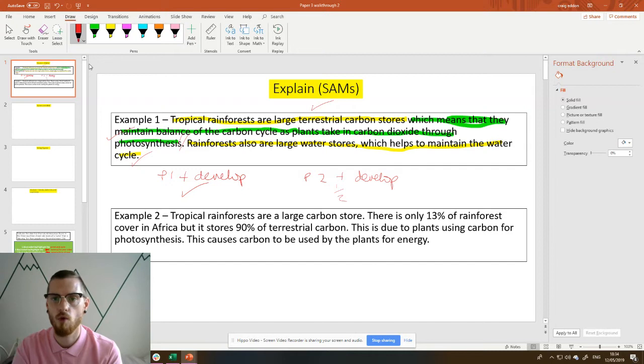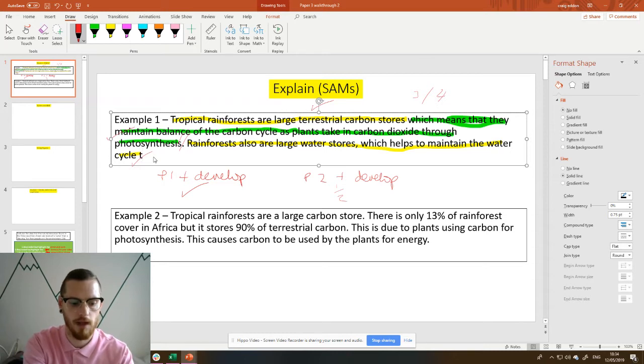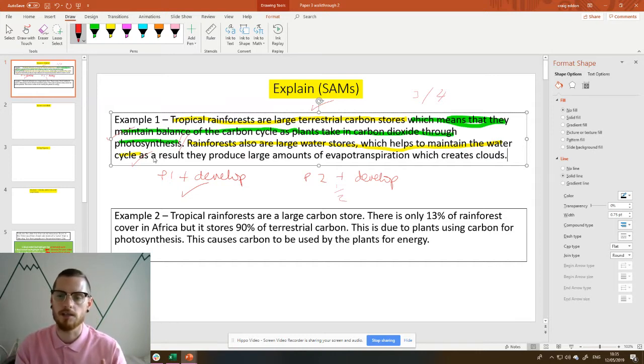So overall, this is going to be worth 3 marks out of 4. What I'd like to see, and if I just take over here, is a development, which would be something like, as a result, they produce large amounts of evapotranspiration, which creates clouds. And you could probably go on and develop that into stating that it therefore maintains the equatorial climate. But I would give that as a development, clearly signposted by using a key phrase as a result